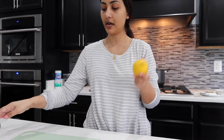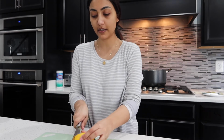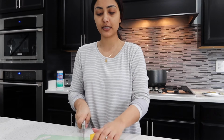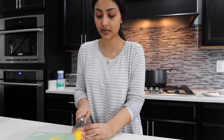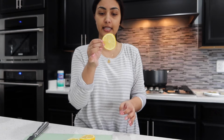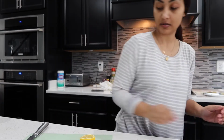Alright, in the meantime I got my lemons ready, which I'm going to use for the dum, or the steaming in English as you would call it. And I'm just slicing them in really thin slices. I'll show you in a second. The knife that I'm using is so shitty. It needs to be sharpened. But I'm cutting them in these thin slices. Make sure you take the seeds out because you don't want